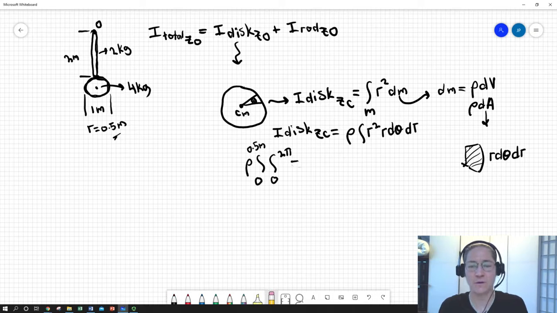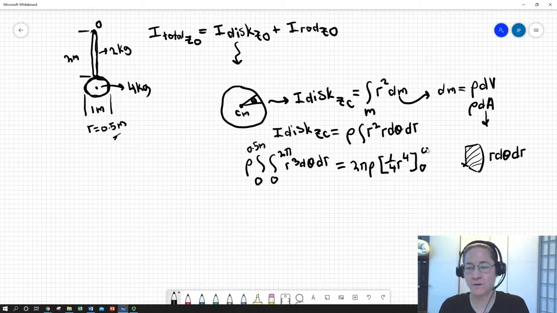This is something you could probably look up in a handbook, but we've got r cubed d theta dr, and that's going to end up giving us 2 pi times the density times 1/4 r to the 4th from 0 to 0.5 meters,